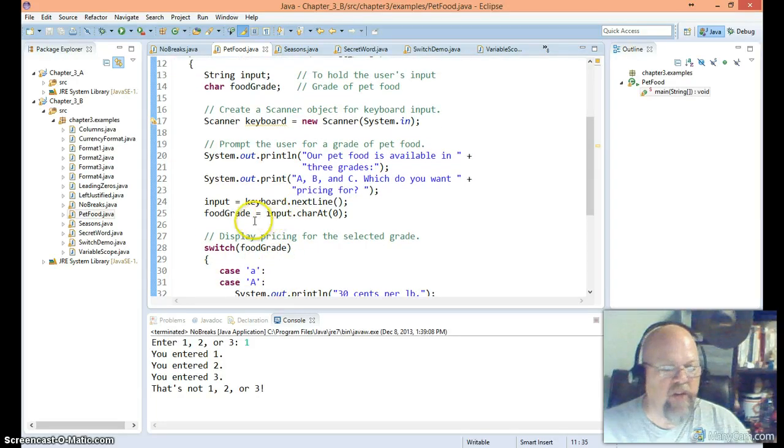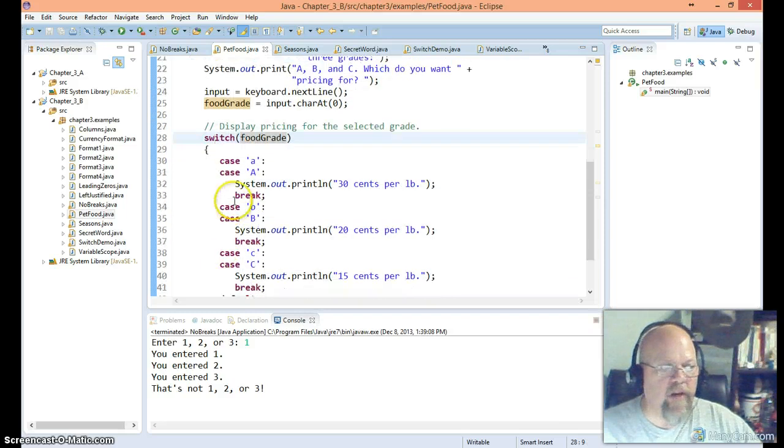So what is this statement doing right here? Well, input is getting information from what we type in. Food grade is just grabbing the very first letter of that string. So now we come in here and we say switch food grade. So we're looking at the first character. If it's an A,